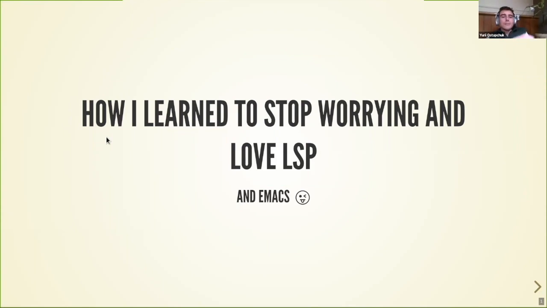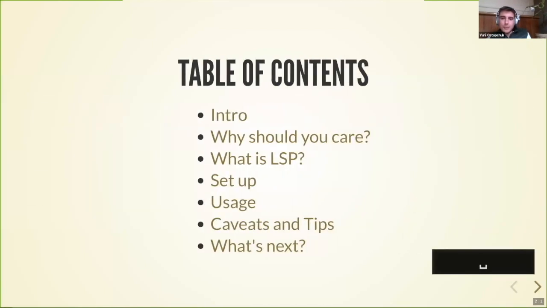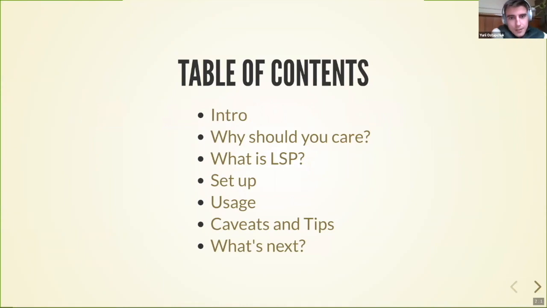So the title of this talk is How I Learned to Stop Worrying and Love LSP and Emacs. And this is actually what describes my mood recently after I switched to LSP. And so the quick plan for today is to start from